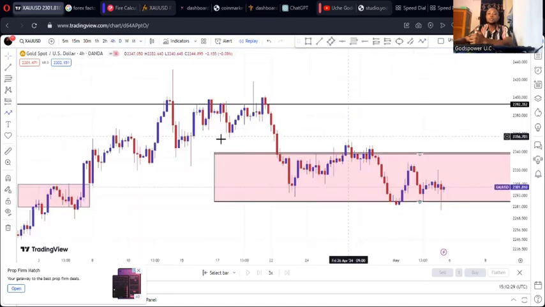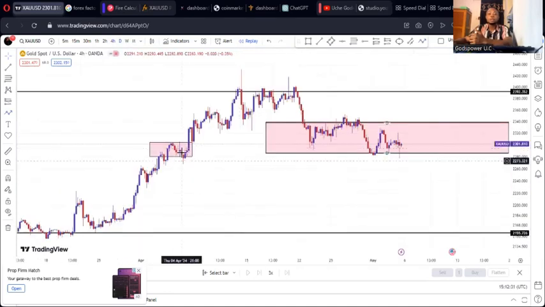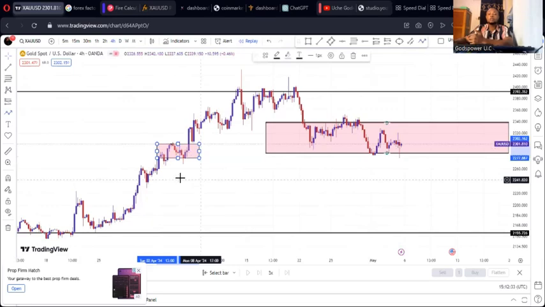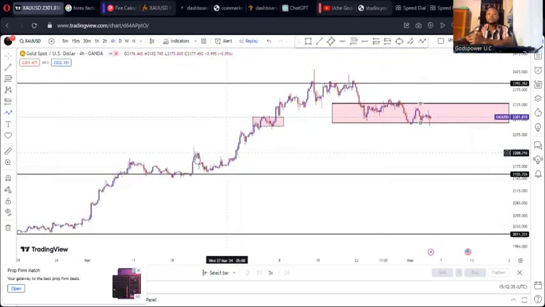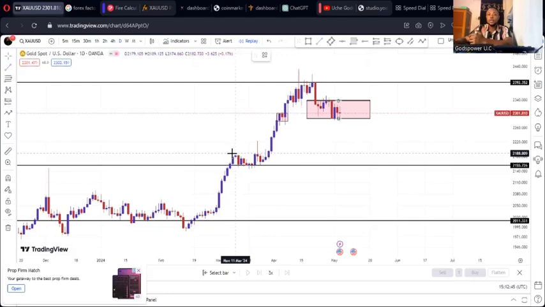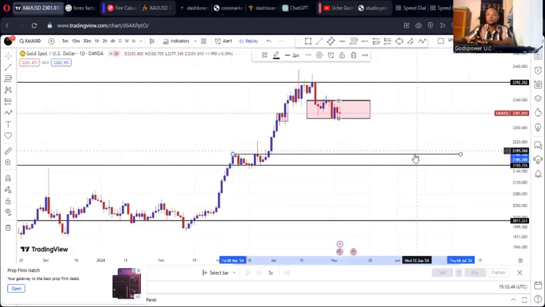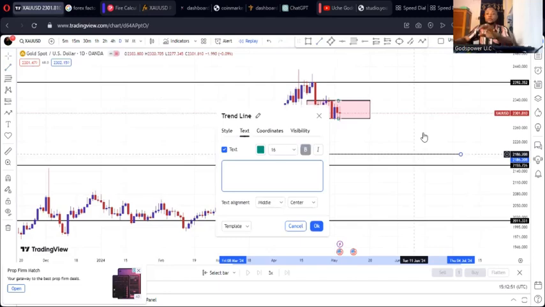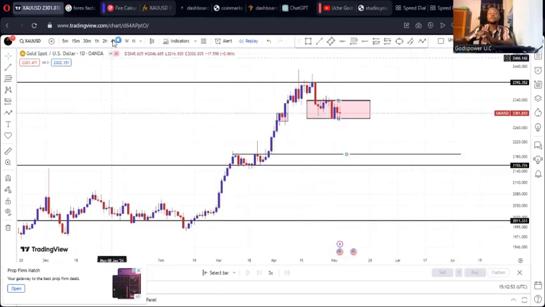You can see. Let's see. So this is that zone on daily. So you can see the 4 hours is still giving me this zone right here. Look at it. So we might have a good reaction around here though. Let me go to the daily first. Let me put something up here. So this is where the daily will drop to first. This is where the daily will drop to first. Then on my 4 hours,